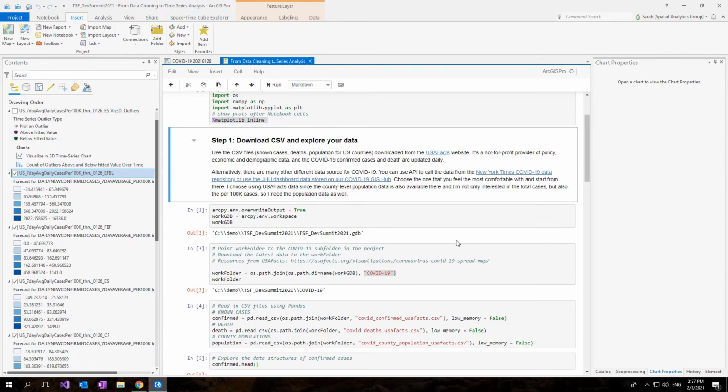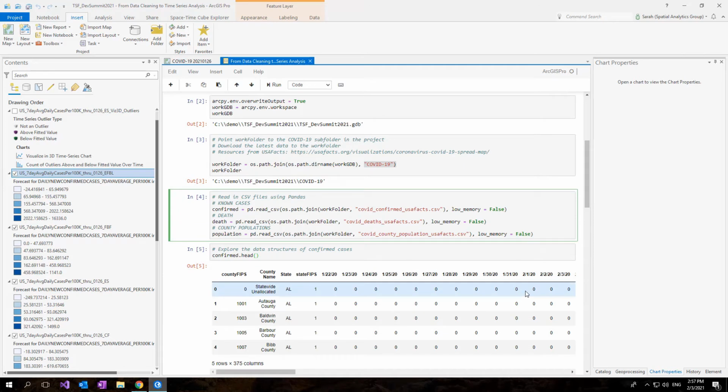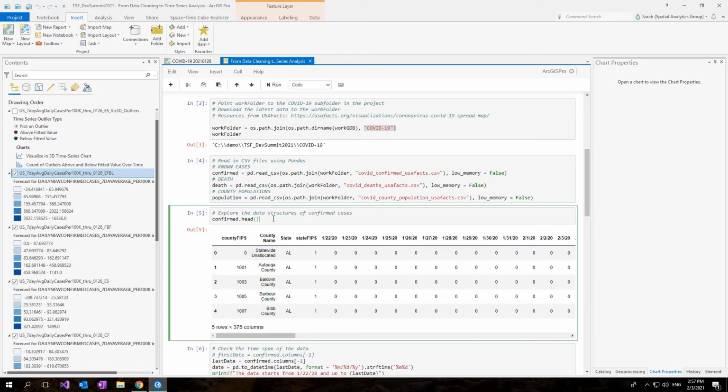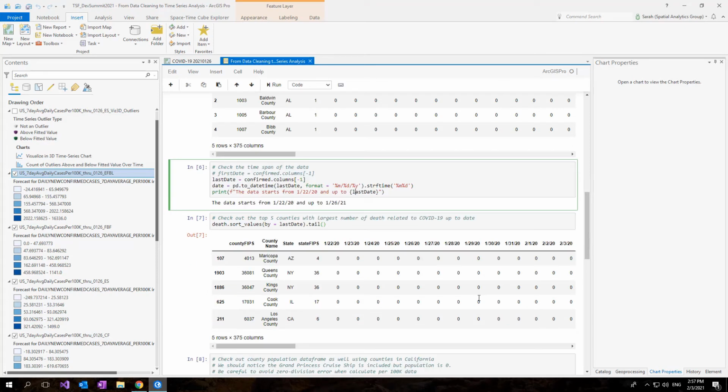And for the first step, I have my downloaded CSV files in this folder, and I read the data as pandas data frames. We can get a sense of how the original data looks. Both the confirmed cases and death data have this structure. Each row is a county identified by county FIPS, county name, and state FIPS, followed by columns for each date. It runs from January 22nd, 2020, when the first case was reported in King County, Washington, till January 26th of 2021. Death data have a similar structure,